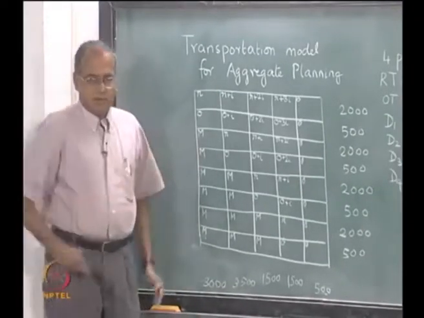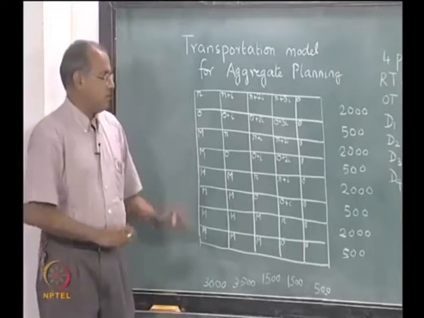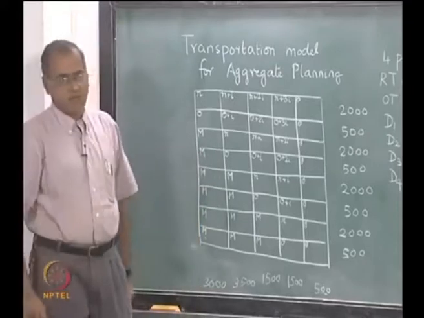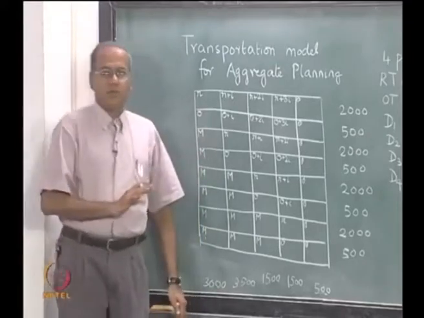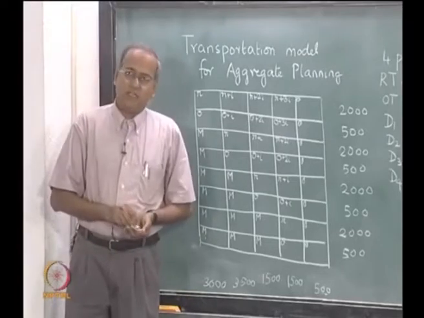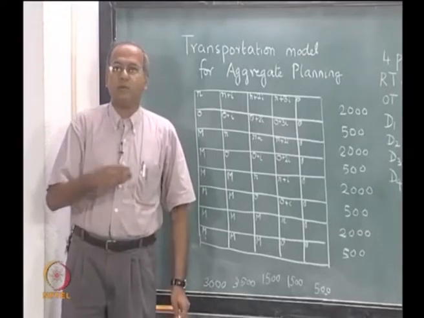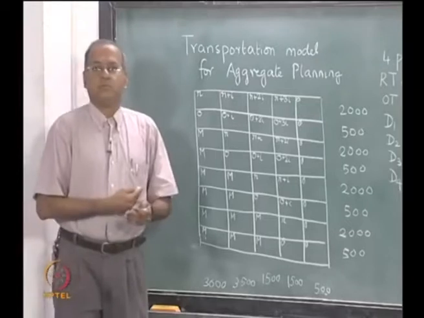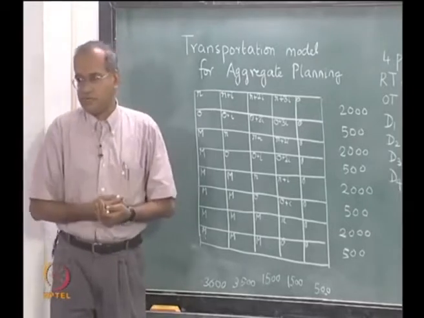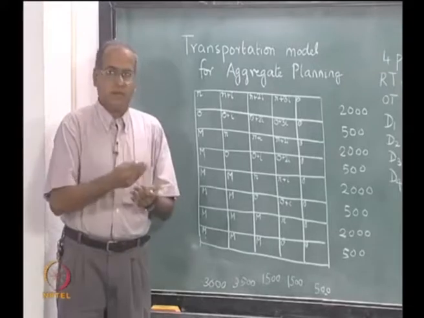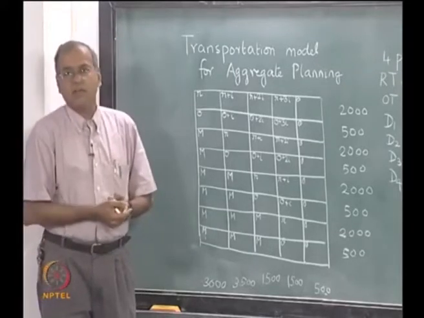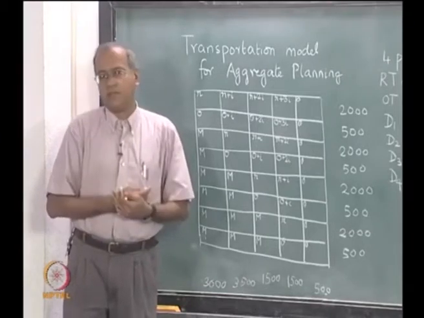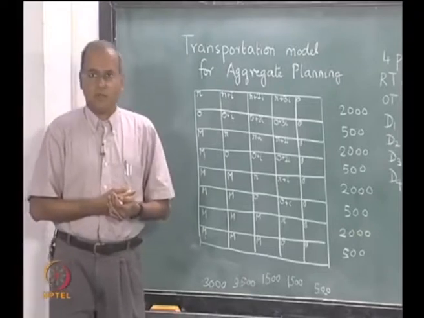In earlier lectures in different courses, you would have been introduced to how to solve the transportation problem. There are many ways of solving it. Usually, transportation problems are solved in 2 stages. In the first stage, we try and get a good basic feasible solution, either through the northwest corner rule, or through the minimum cost method, or through the Vogel's approximation method. We have also seen in a different course earlier that the Vogel's approximation method is usually used because it gives a better objective function value compared to the northwest corner rule.